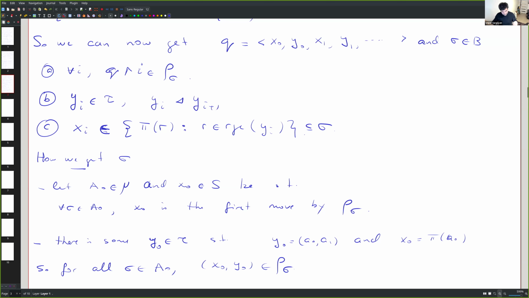Sorry, not for rho sigma like this, but you have to be careful here. This is the step where you have to be careful. So now, what is my A1? Let A1 now be the set of all